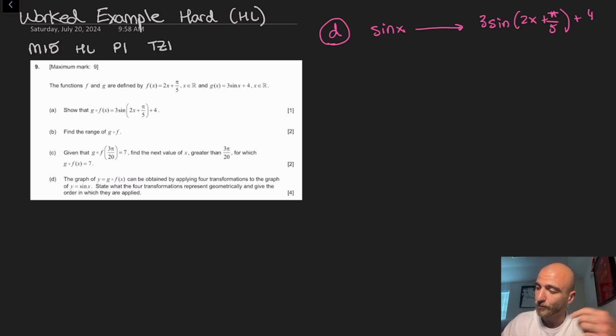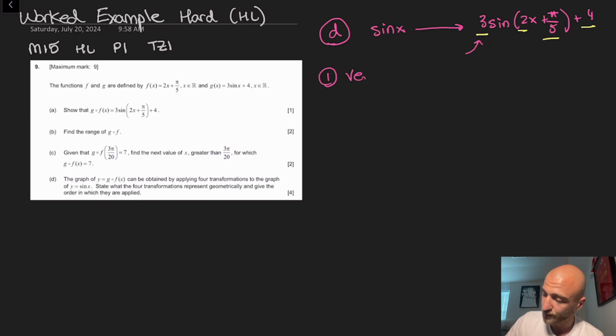And we can see those represented by this number 3, that number 2, that pi over 5, and that 4. The order that we do some of these in is going to be important, so let's keep that in mind while we work through this. The first one that makes the most sense for us to do is to think about this 3 term. The first thing that we're doing here is applying a vertical stretch